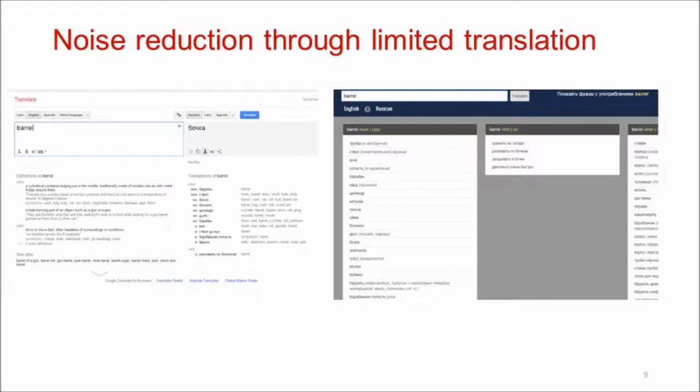The noise can be reduced by limiting the scope of data returned in response to translation requests, and some dictionaries feature these limitations. For instance, Google Translate responds to the query "barrel" with only 12 results sorted